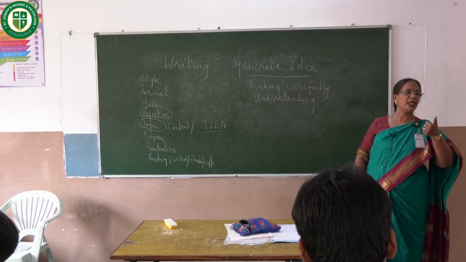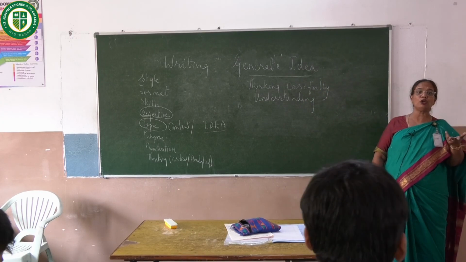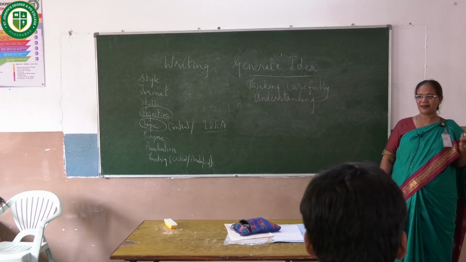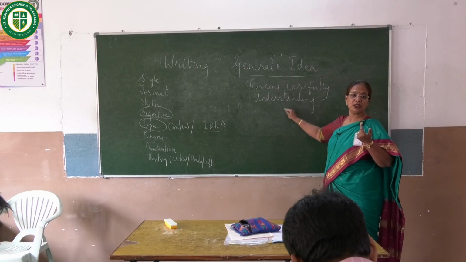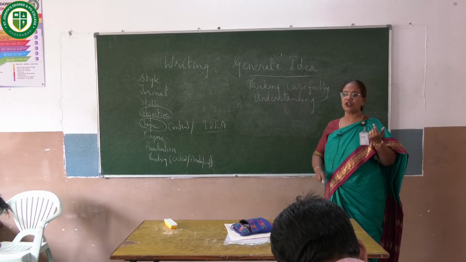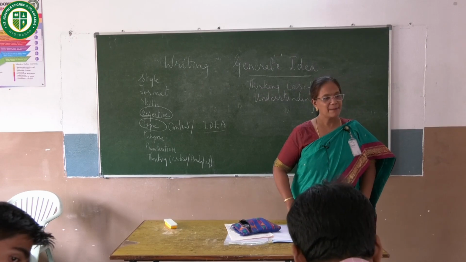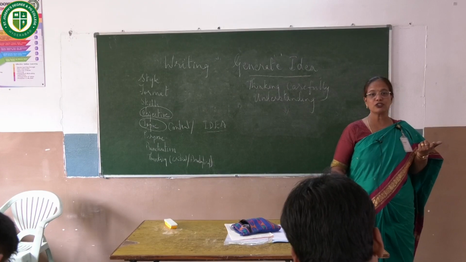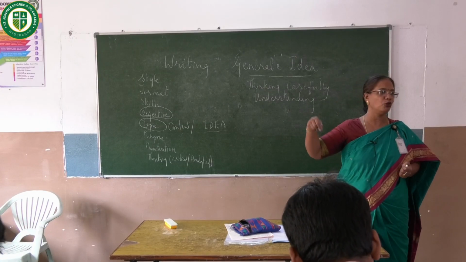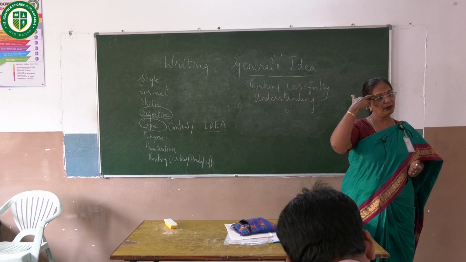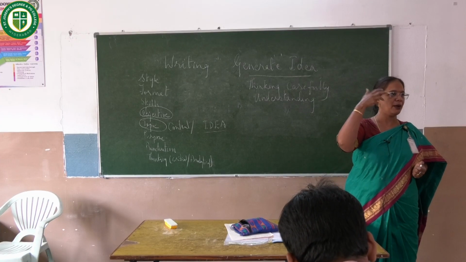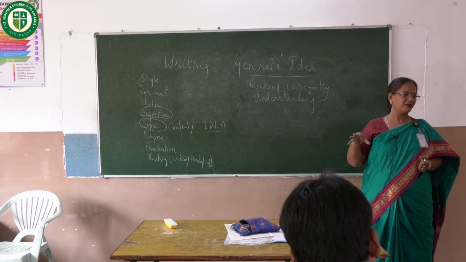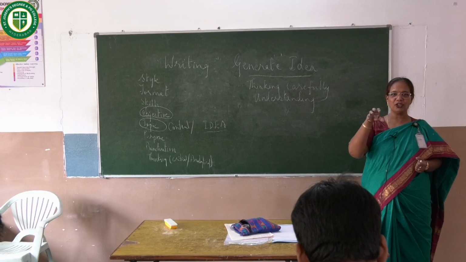Okay. Now when you think, you understand. After understanding, what do you do? What do you do after understanding? You are executing. How do you execute it? How do you execute your idea? Yes, by making notes, by jotting down certain points, because all of us don't have the habit of making notes then and there. Sometimes we try to record it somewhere in our mind. We record it somewhere in our mind in terms of mapping. We map the idea. Okay.